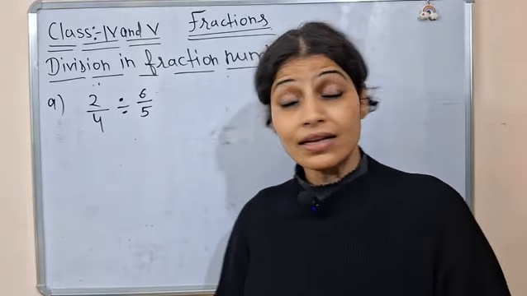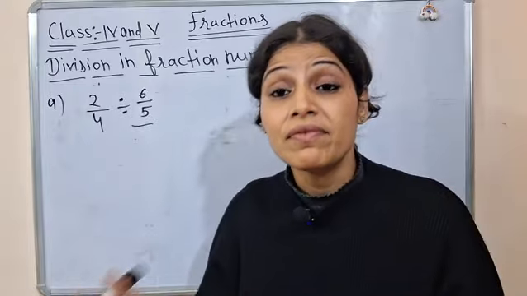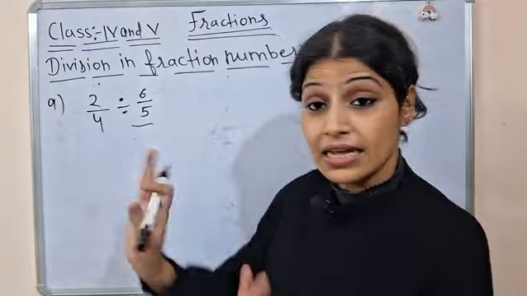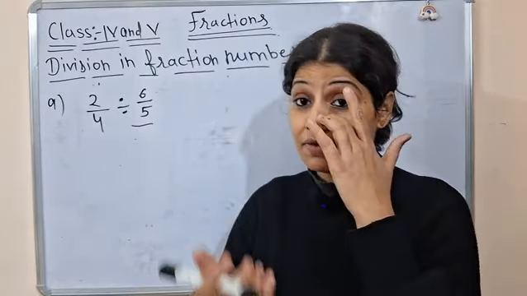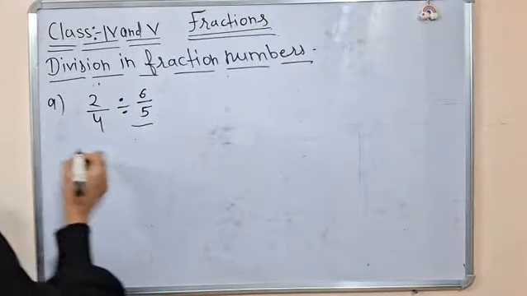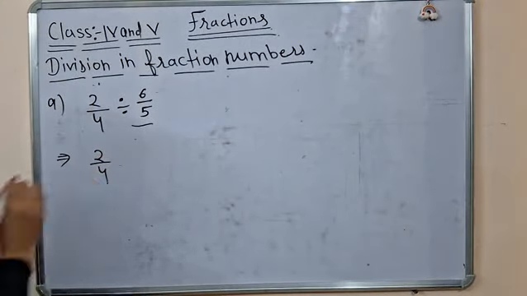And who is the VIP? The one sitting in the first seat, your first fraction. Right? Your first fraction is a VIP member. He has importance. So, he has got a privilege to be reciprocal. This privilege has been given only to this one, not to the other. So this is the way you can remember this point. 2 upon 4 will come. See the first step. 2 upon 4 will be as it is.